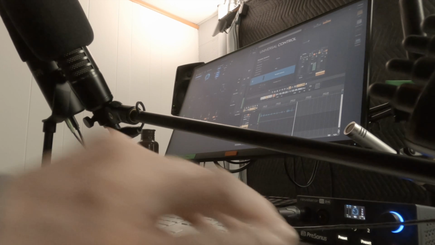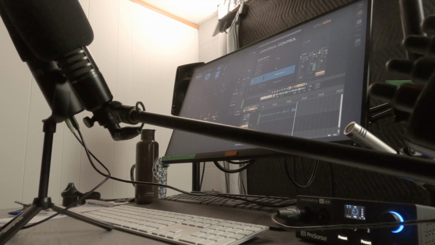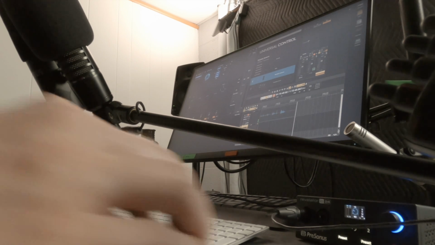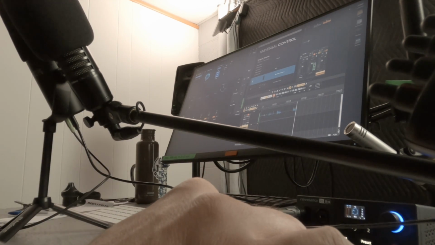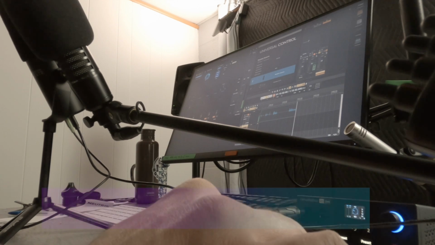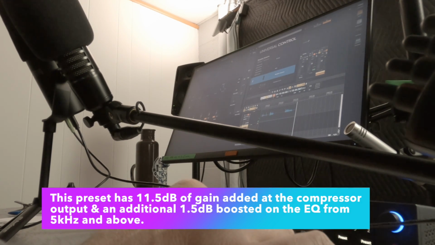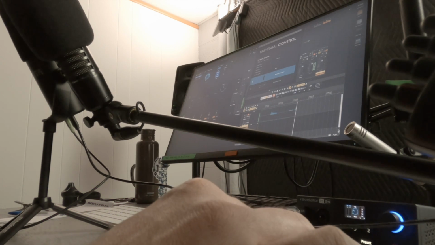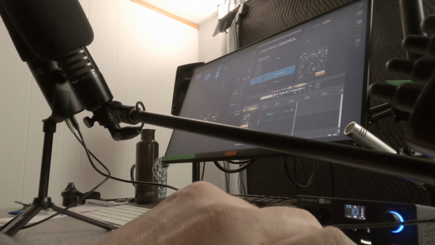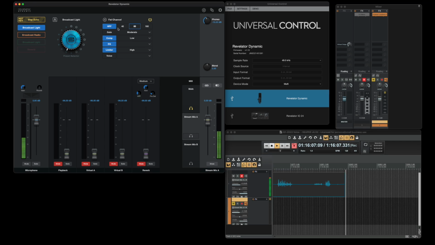So here's the Broadcast Light preset without the gate. And now if we turn off the fat channel completely, you'll hear that noise floor change. And this is with no fat channel turned on at all, and turning it back on again. If I flip over to the Broadcast Basic preset,